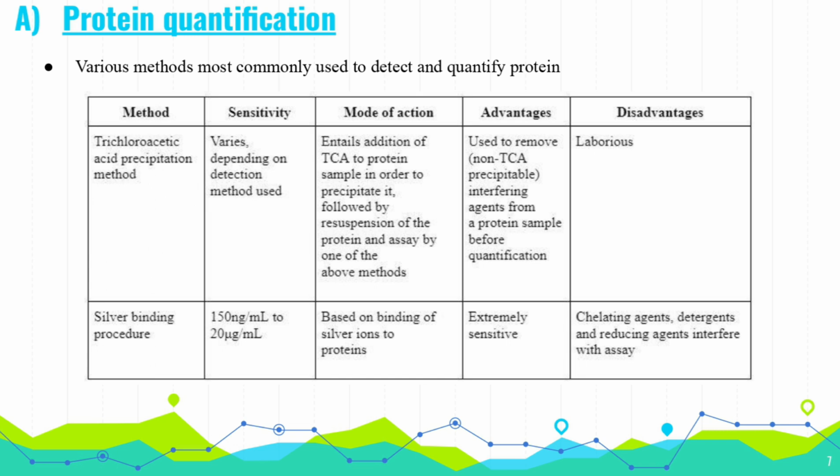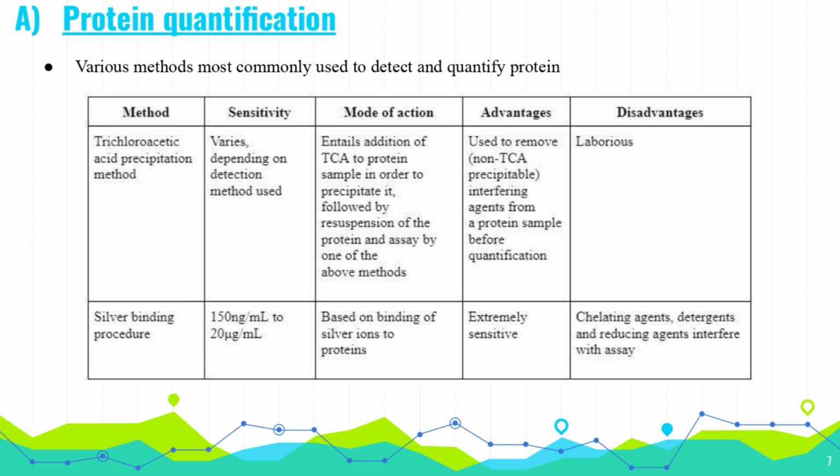Basically this happens in the addition of TCA, trichloroacetic acid, to a sample in order to precipitate it, followed by resuspension of the protein and assay by one of the above methods. So the assay happens by one of the above methods, the spectrophotometer. In this method, they add TCA, precipitation is applied, and after that resuspension is applied. Okay, and the assay will be done by